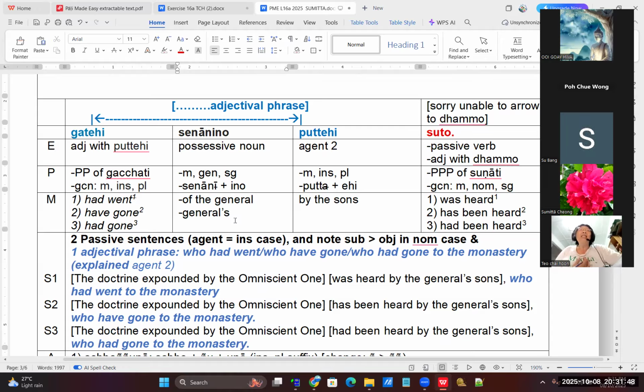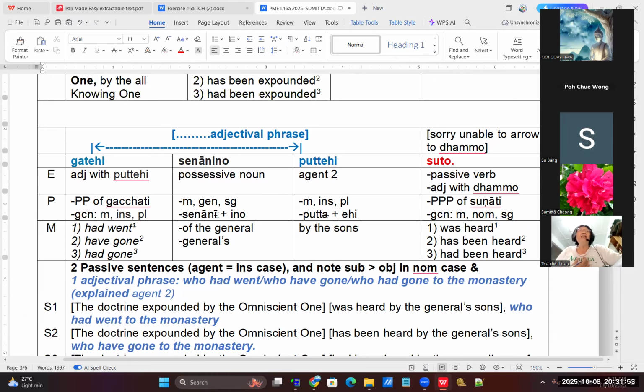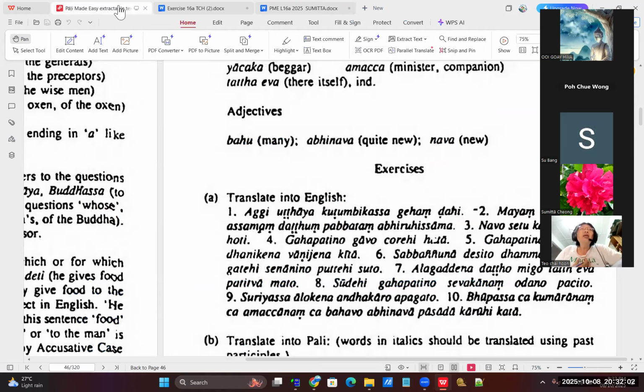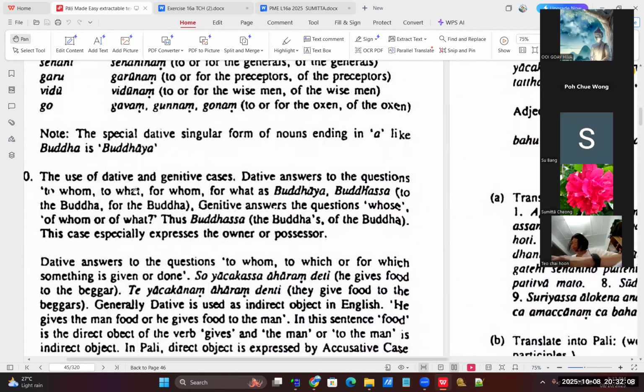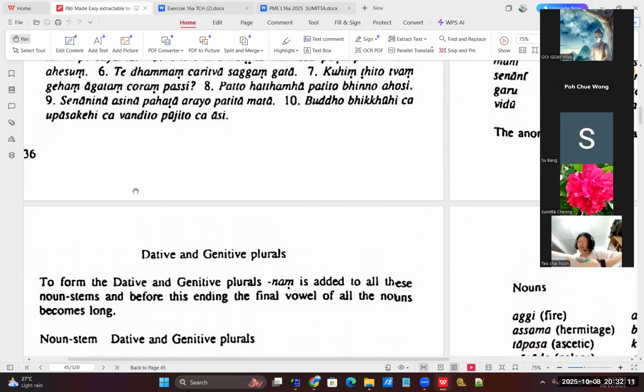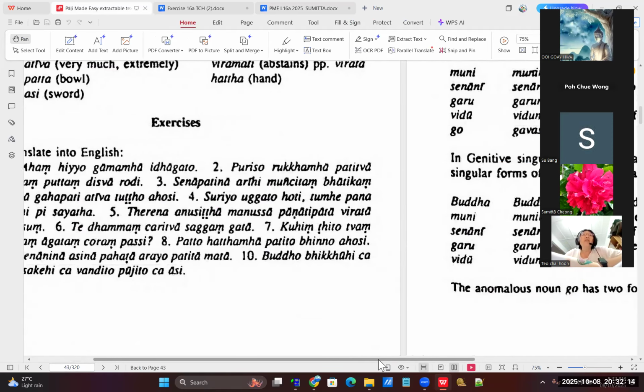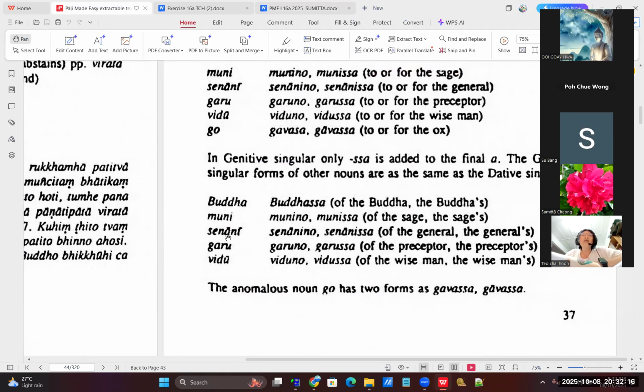The I is plus ino to show the distinction. Plus ino is correct. If you want to show a short I, correct. Senani, because senanino. So refer to Pali easy again. That's why we are learning how the endings work, because declension will be in the exam. That's why when you revise, you can look and see already. You can see senani because senanino, right? Senani is a long I by itself, but it's not plural. It's singular here.